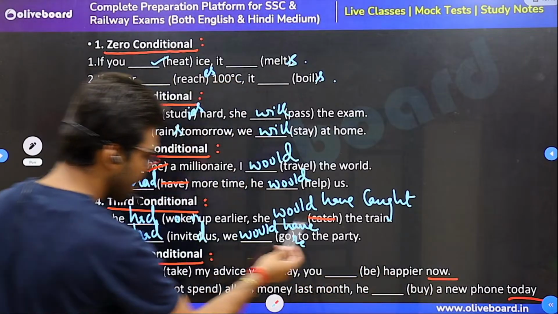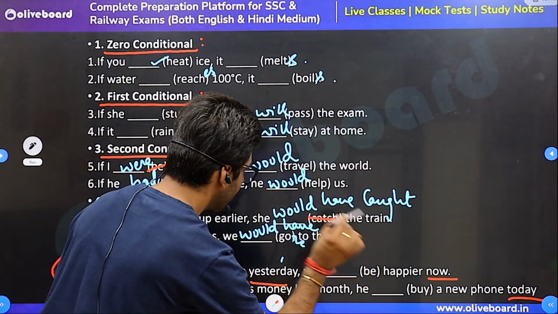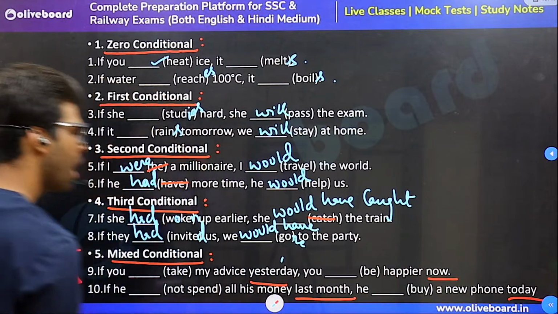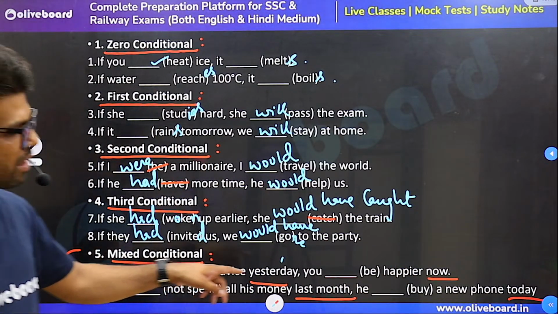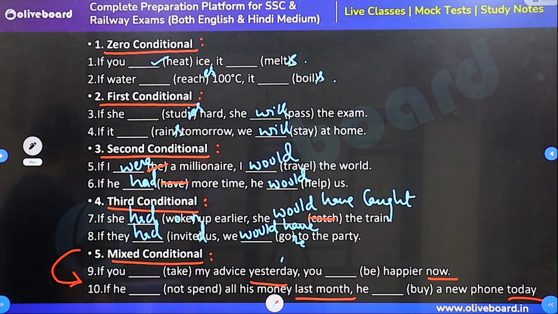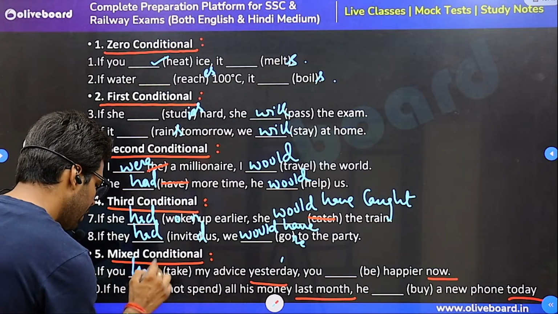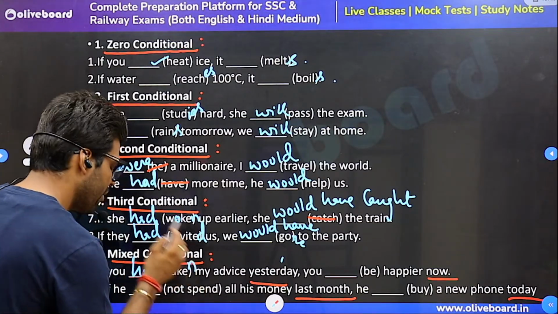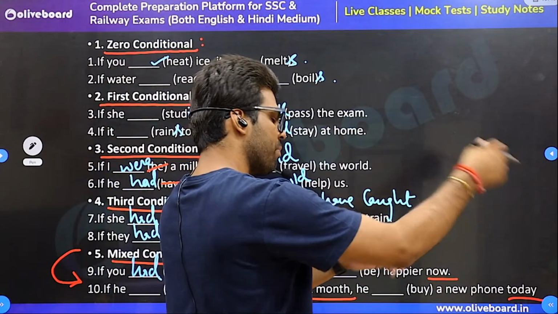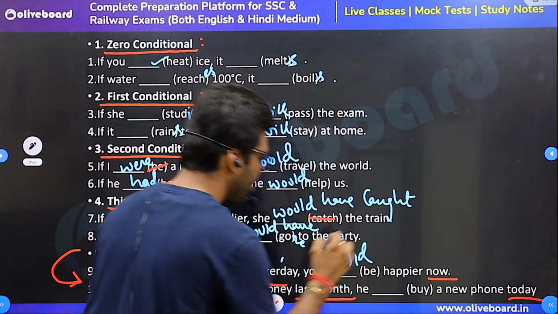We are talking about something in the past, yesterday, but the next statement doesn't belong to yesterday, it belongs to the present, now. We are talking about something in the past, last month, but the next statement is not in last month, it belongs to the present, today. So we have something such here. Yesterday, you can use the third condition. If you had called me yesterday, if you had followed my advice yesterday, you would have been happier, but it belongs to the present. You would be happier now.